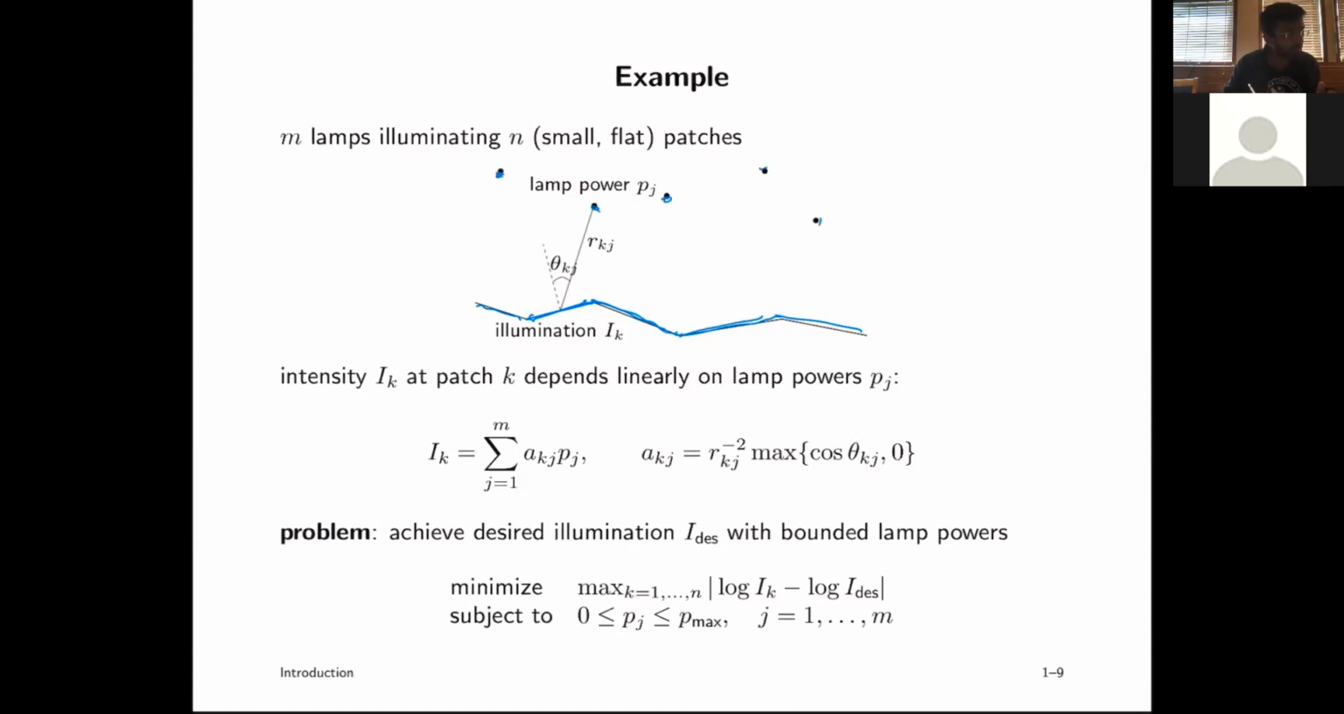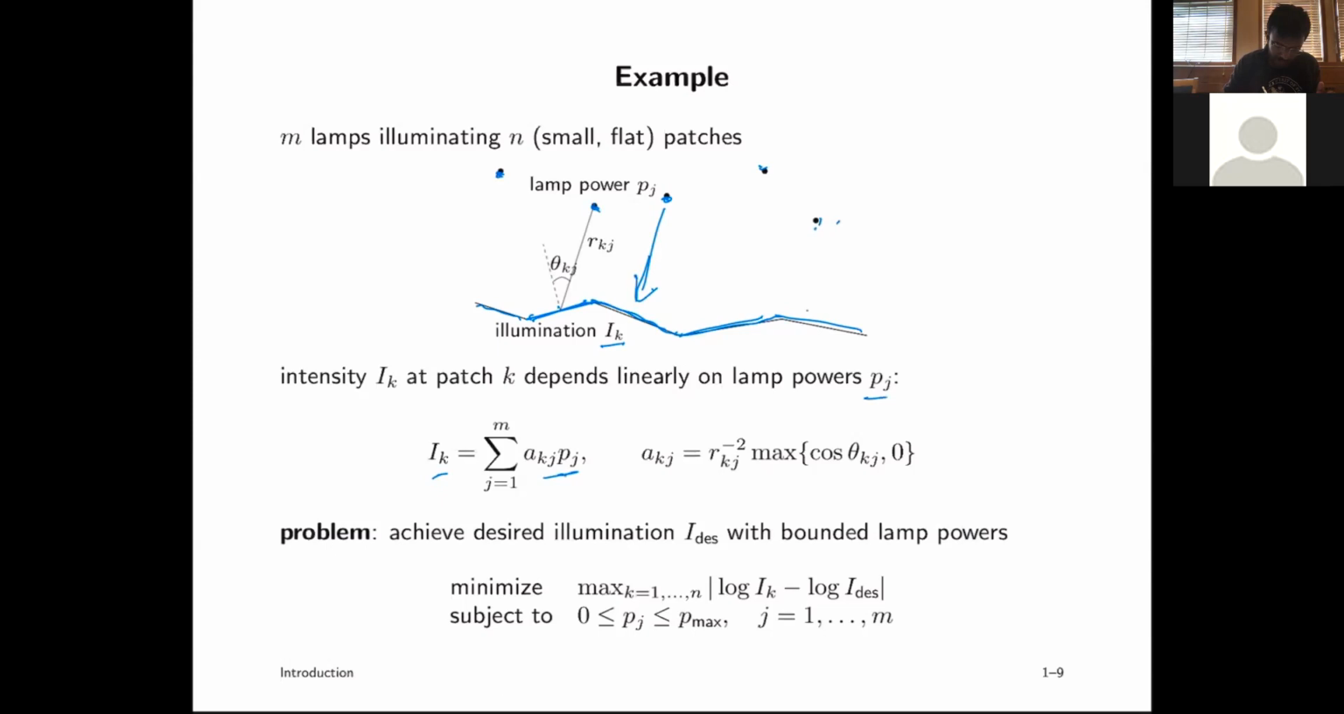These are the lamps, and the light from the lamps hits the patches. For example, it hits like this. So one patch is illuminated by all the lamps here. Illumination at a particular patch k is the sum of